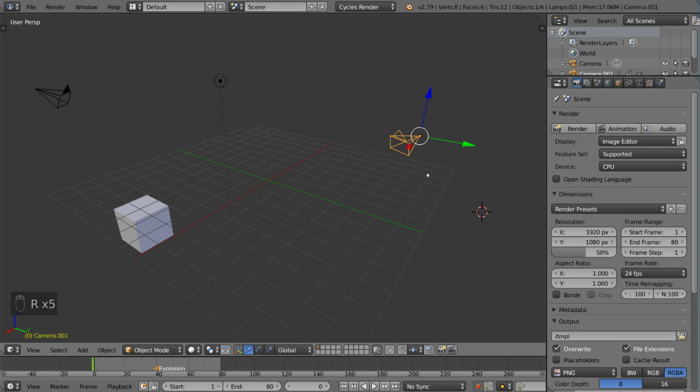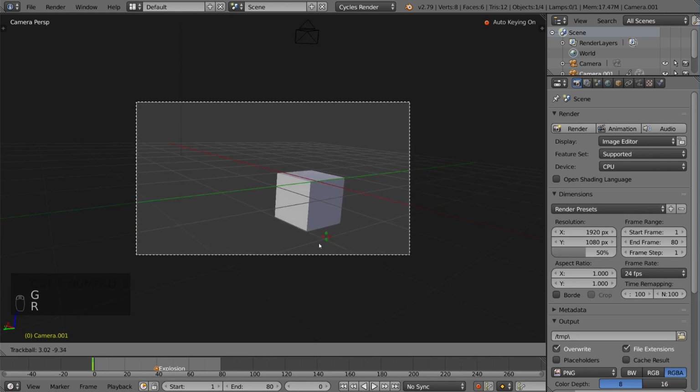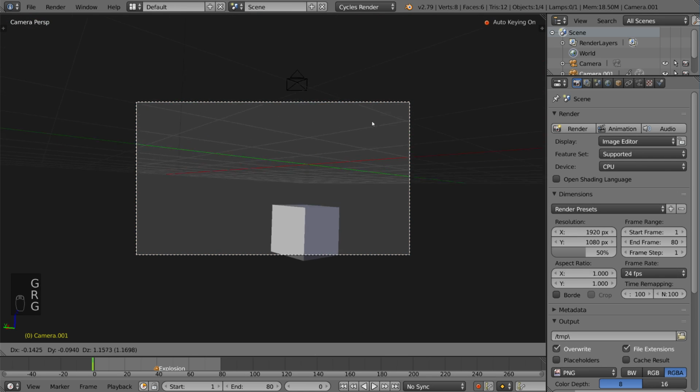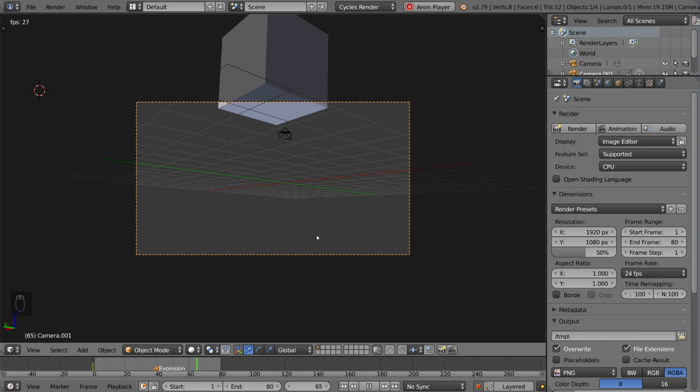I'm going to go ahead and make this my active camera real quick, just so I can look through it with Control Numpad 0. And I'm going to give it a nice angle here, something like a lower angle maybe, just from underneath where the explosion happens, right? So with that, I can go ahead and play the animation, but notice the active camera is constant.